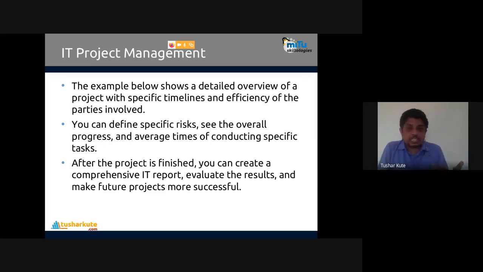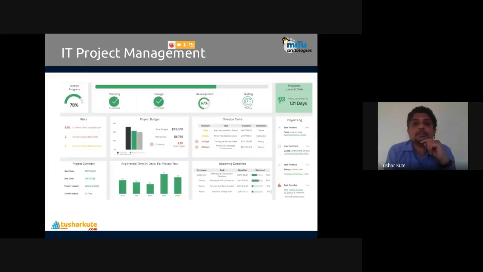So next time, see, for one project we have one dashboard. When I have another project, I will revise this dashboard or use another dashboard for it, using the previous tactics and the insights I got out of it. When I do this one, my time will be reduced, my risk will be reduced, and based on it we'll define further tactics. That is what the IT project management dashboard will provide you. Okay, this is an example of IT project management.